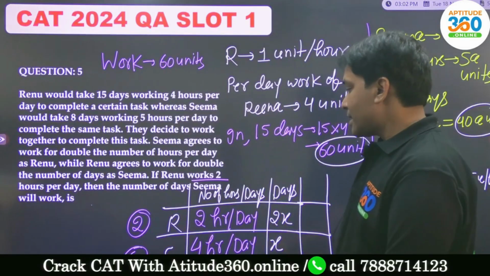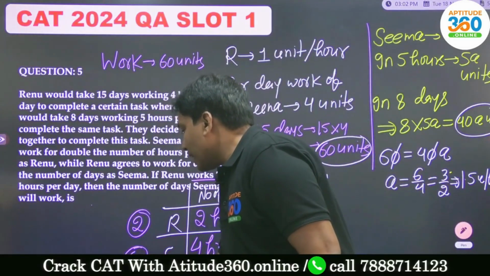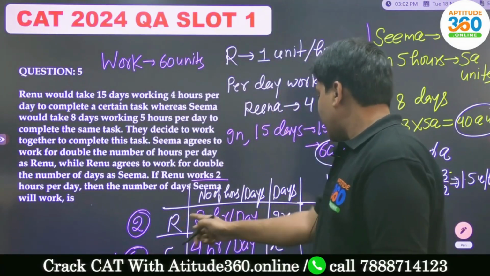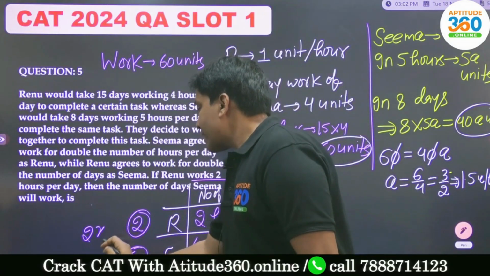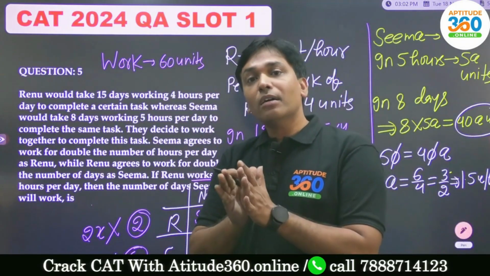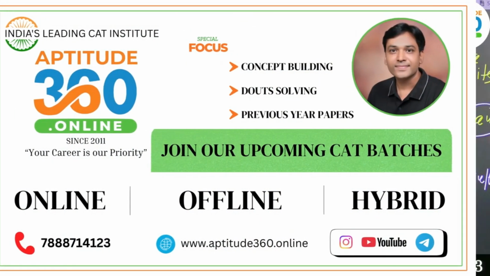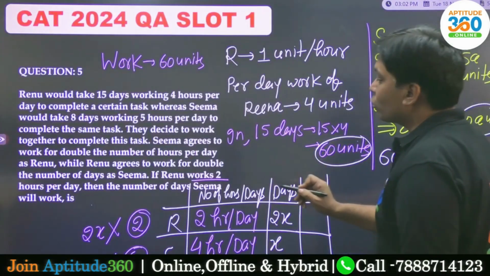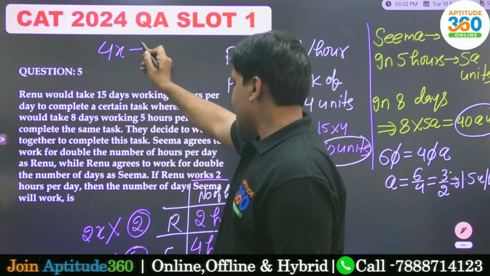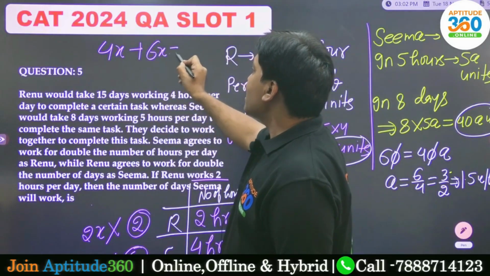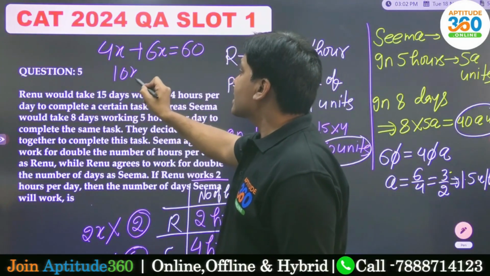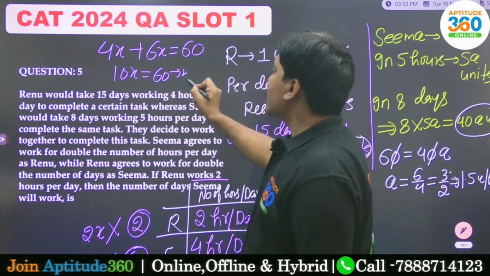Seema is working for x days, so the work will be x into 6 units. And then for Reena, it is going to be 2x into 2. So these are the units that Reena and Seema are doing individually. But if you look at it, the total sum, which is 4x plus 6x, should be nothing but 60 units because 60 is the total work. So the value of 10x is 60 and hence x comes out as